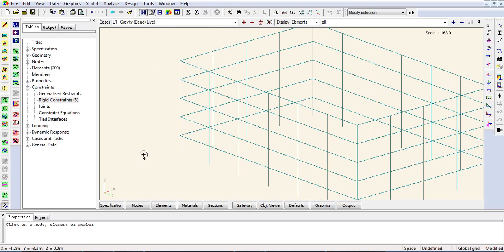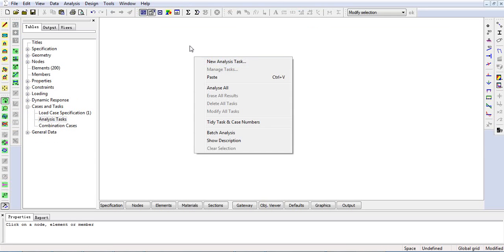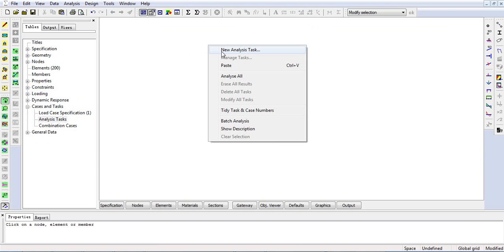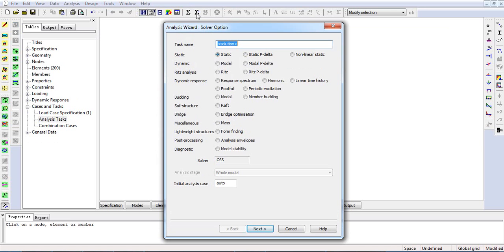Okay, then after we create the rigid constraints at every floor, what we need to do next is to create a new analyze task for the gravity analyze. So we go to Gateway menu, cases and task, analyze task. At the empty area, right click, new analyze task, or we can use this new analyze task from the top toolbar. So first we name it as gravity analyze,